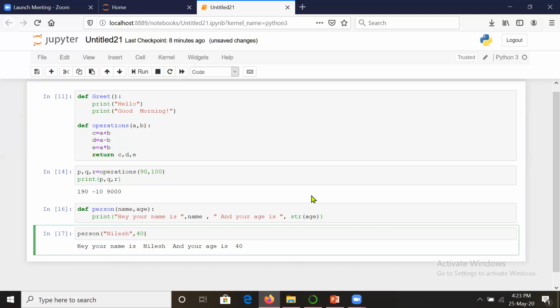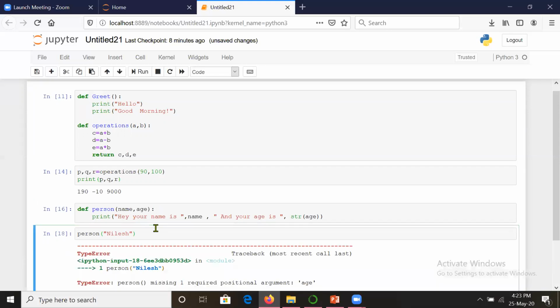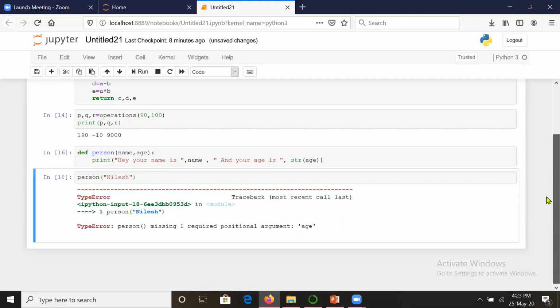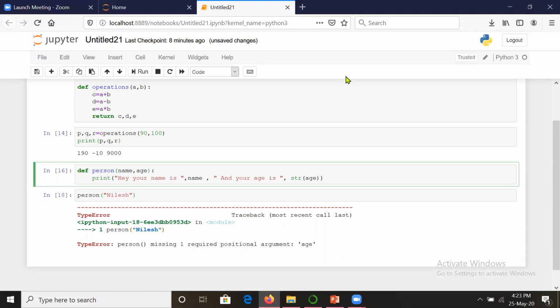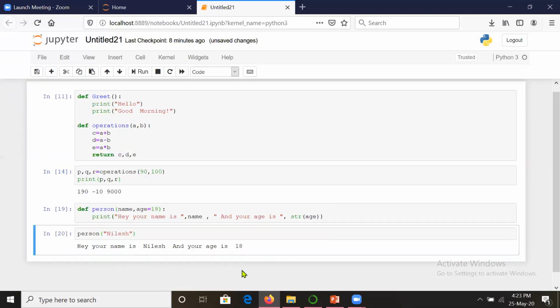But it often happens that the user may not be able to send two arguments. This function is expecting two arguments, but we are sending just one argument. In that case, it will return an error to you. So in such circumstances, you can keep some values as default, so that if such a case happens, it won't give any error. It will take the default values. So this way, Python is very robust, and it provides all the facilities so that you can make robust functions. Okay, so this was the case.